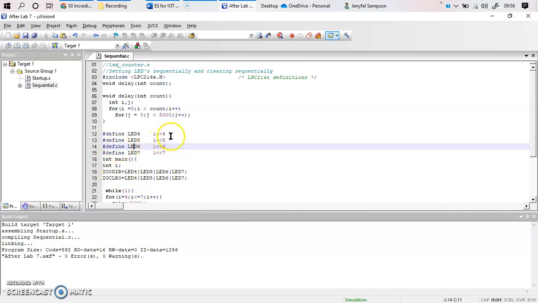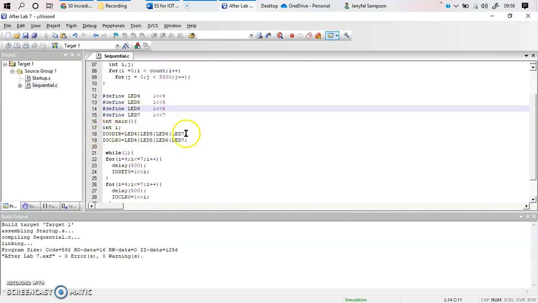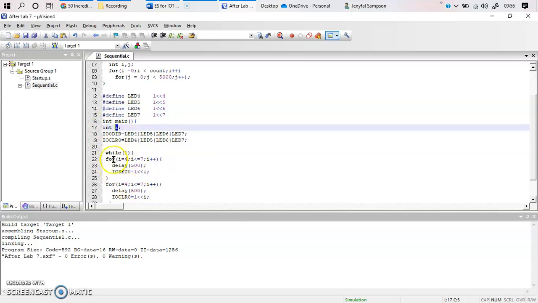The next step is I need to specify whether these pins 4, 5, 6 and 7 are input pins or output pins. So that is what I'm declaring over here, and before that I'm going to declare a variable i, which is going to be used in my loop for turning on and turning off the LEDs. We'll be looking into that later.